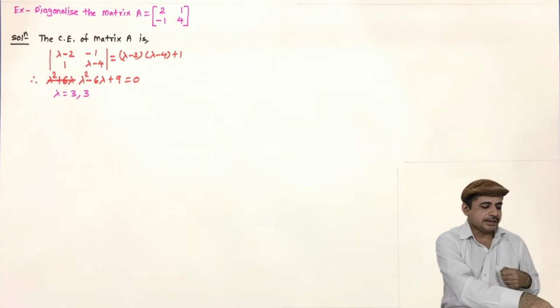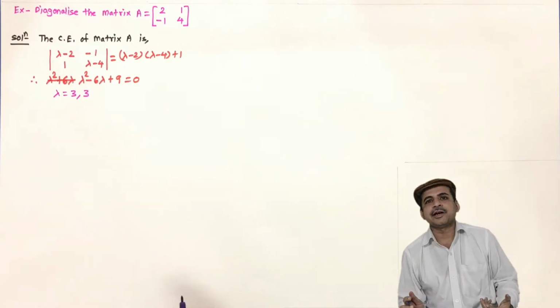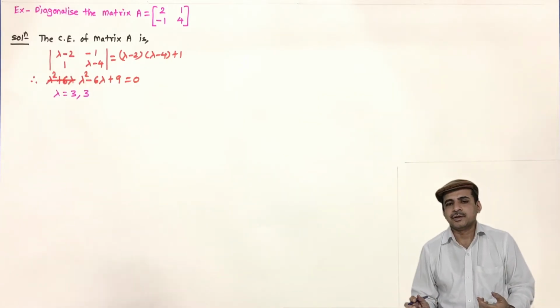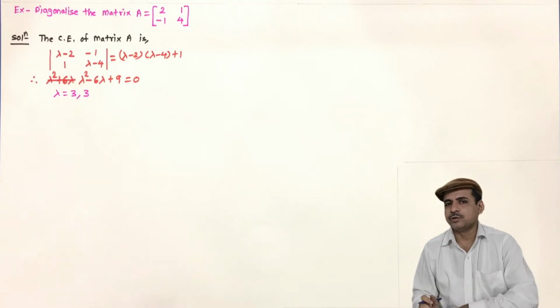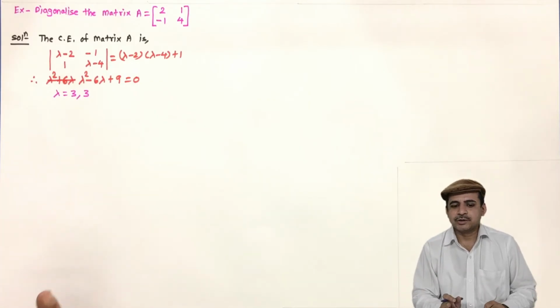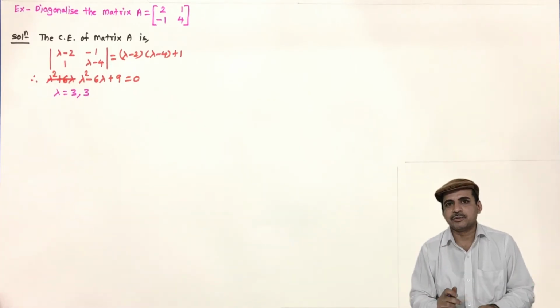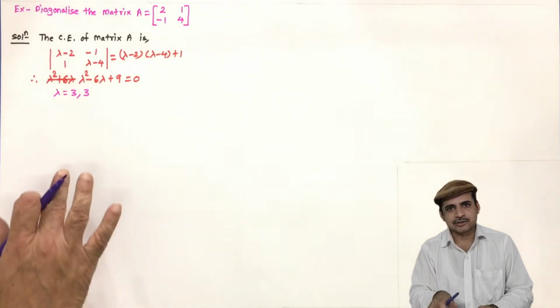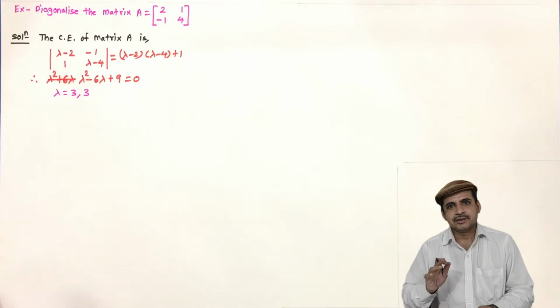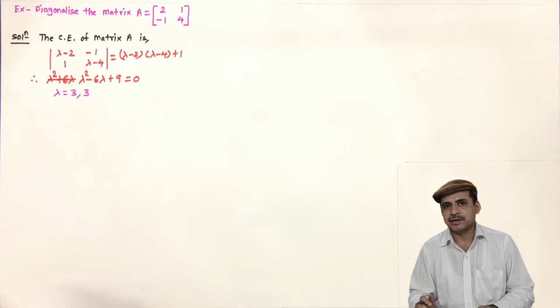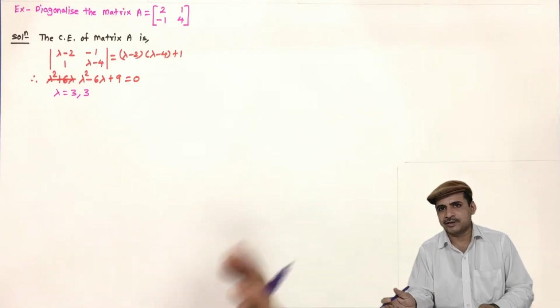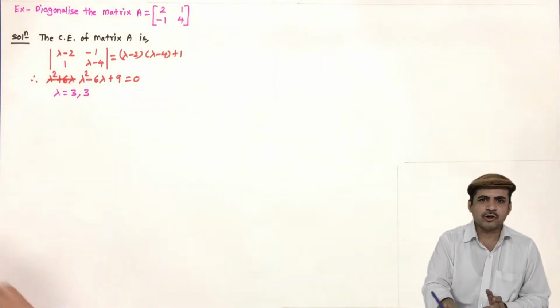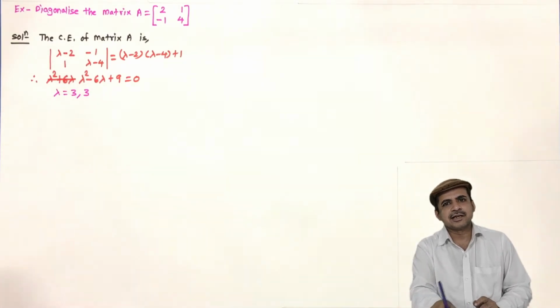So now it's a problem of repeated eigenvalues. And first, in this problem, what we will do? First, we will find out the eigenvectors by the adjoint method. Then we will diagonalize with the eigenvectors obtained by this method. Then we will determine the eigenvectors by the generalized eigenvector approach, and we will find the diagonalized matrix. Or here it will be a Jordan matrix, as the roots are repeated.